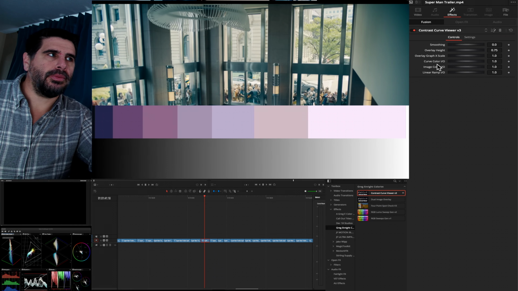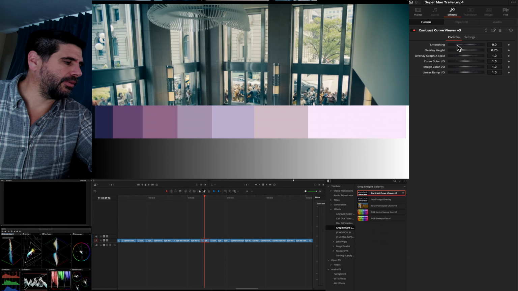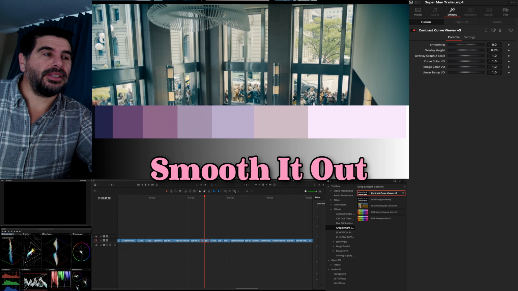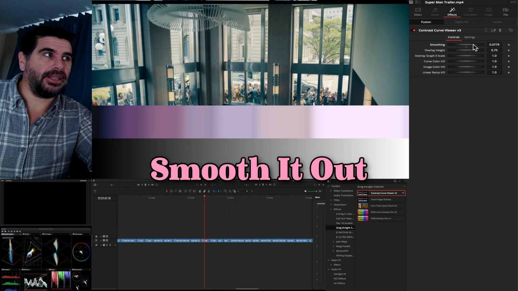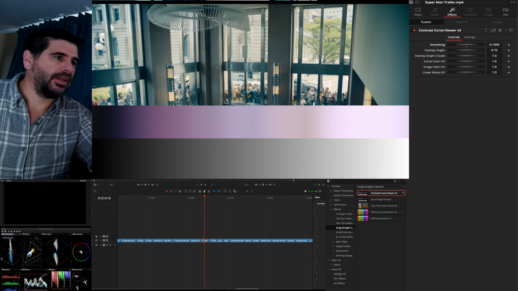And so one of the things you can do is take this and go, well, that's the range from darkest colors to brightest colors. And it also gives you a linear contrast curve, so 0 to 1 in a straight line. We can start by just smoothing this out, and that smooth is just going to blend a lot of those features out. Now what we're wanting to look at is on our scopes,